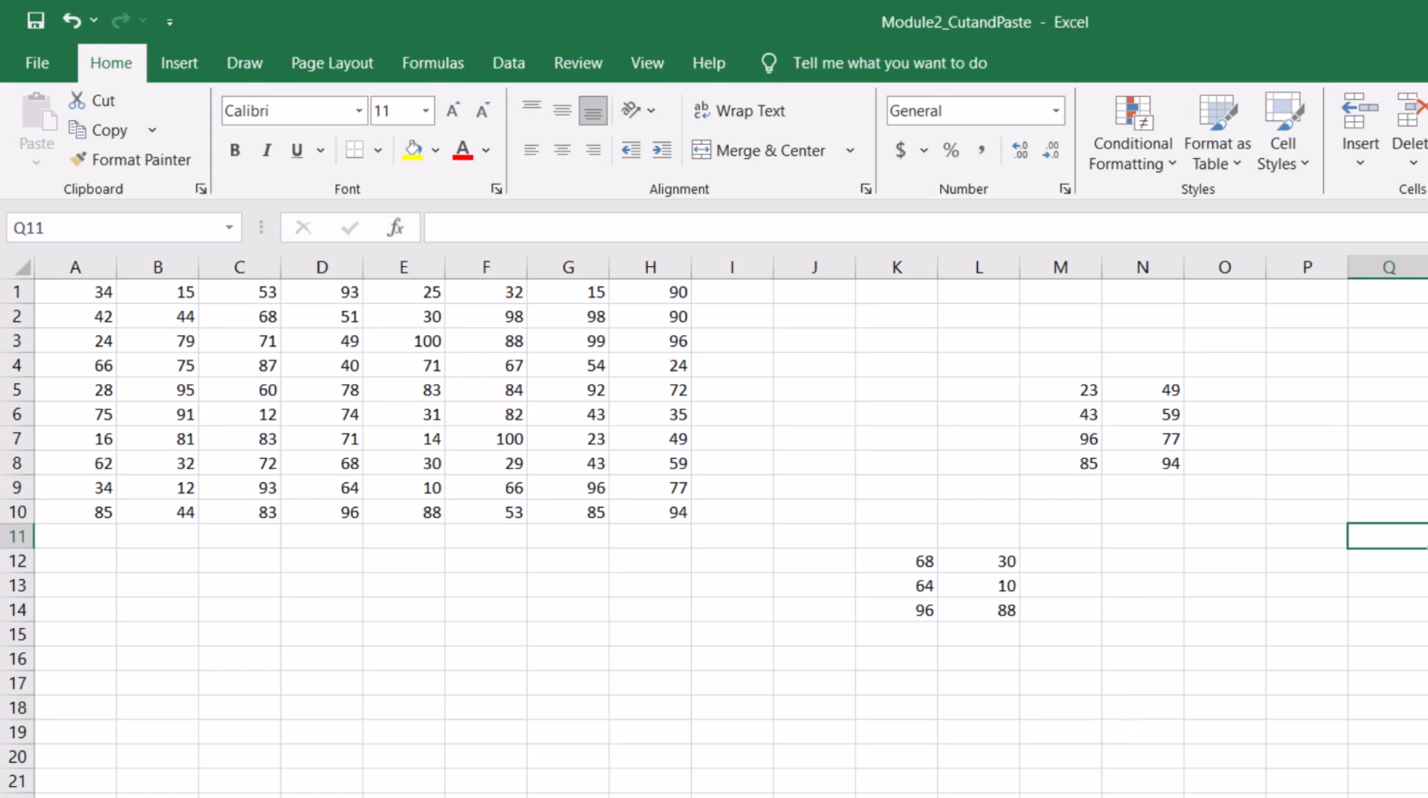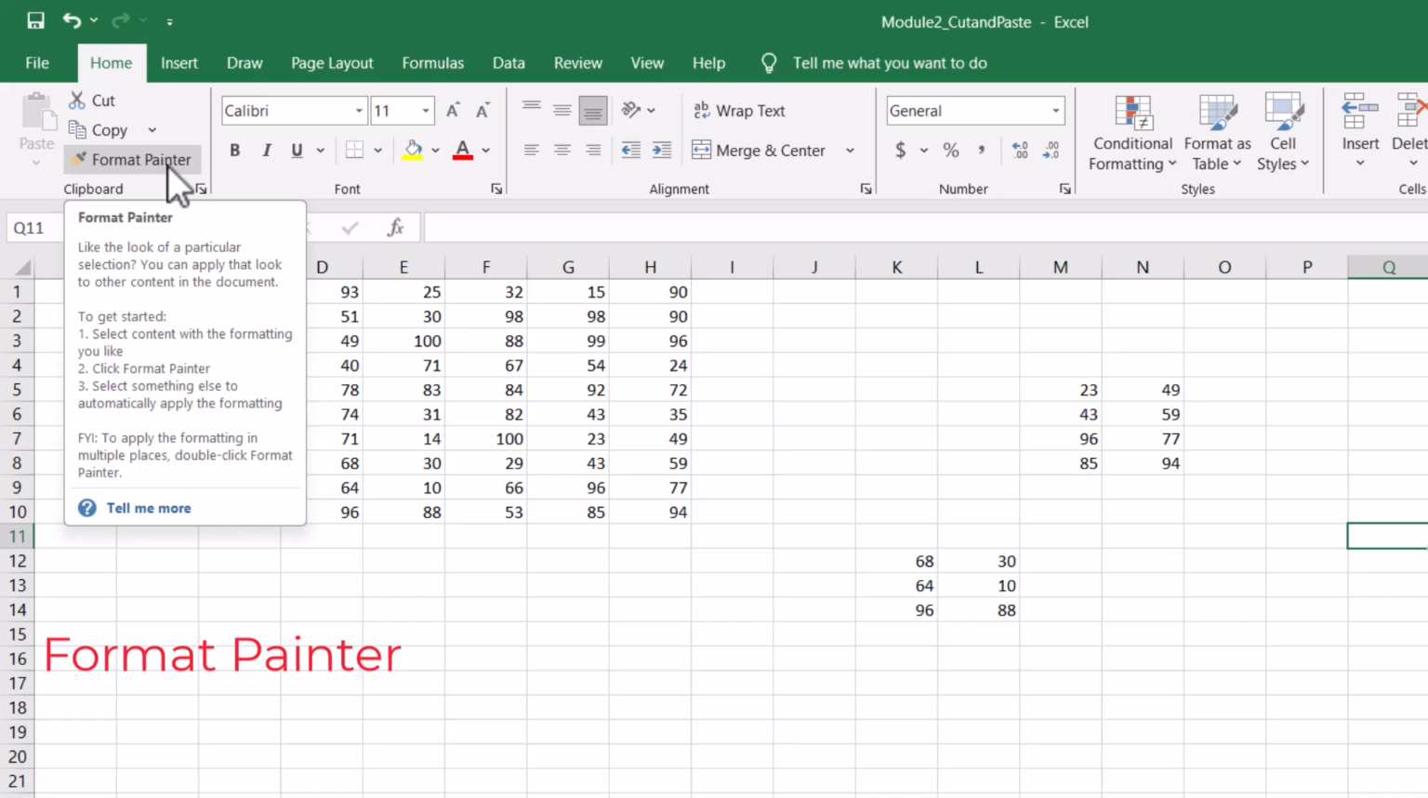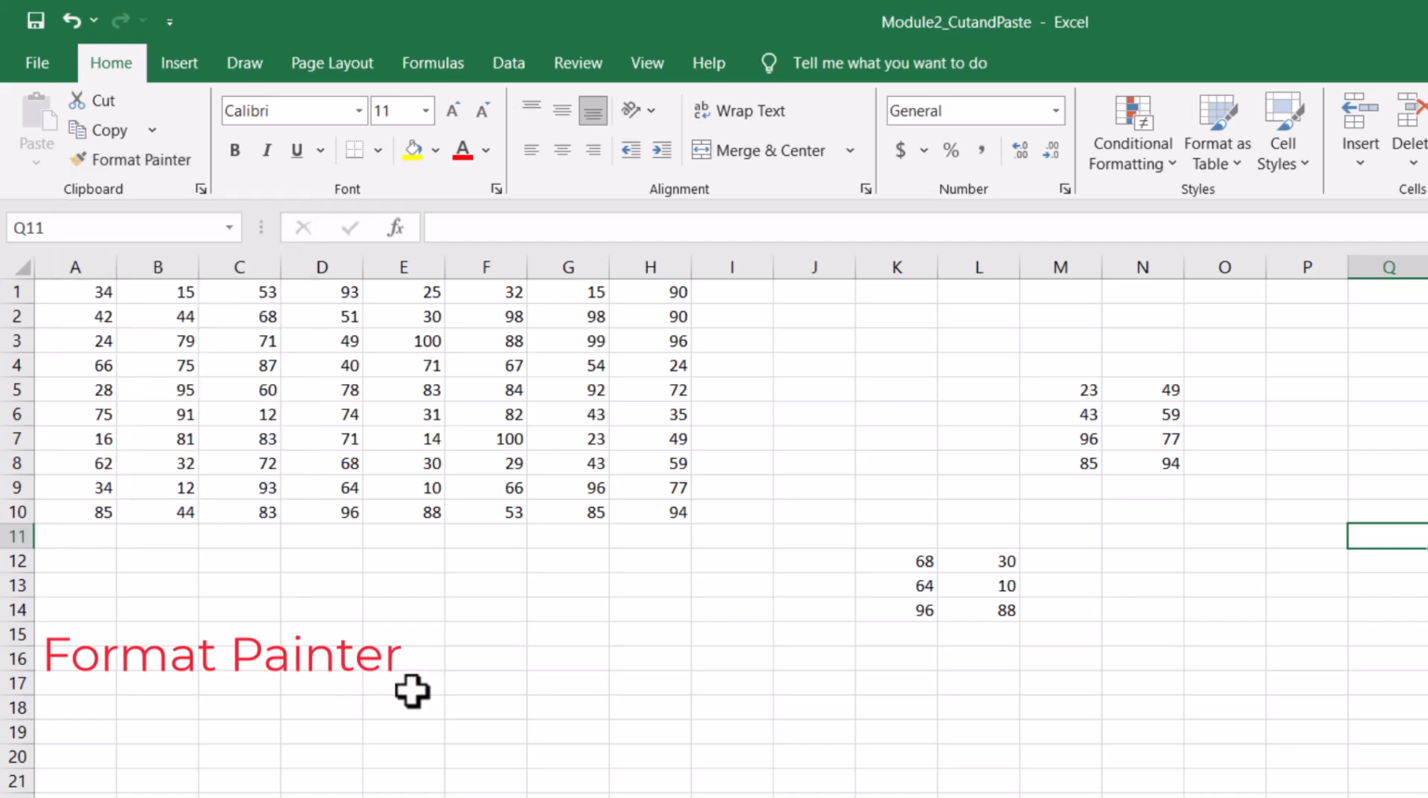Another way of copying data is to use the format painter, which is right here. We use the format painter to copy special attributes, not the content, just the attributes of a cell. The format of a cell refers to attributes such as the font style, color, size, and borders. We're going to cover this in detail later on in other modules, but let me give you a small sample